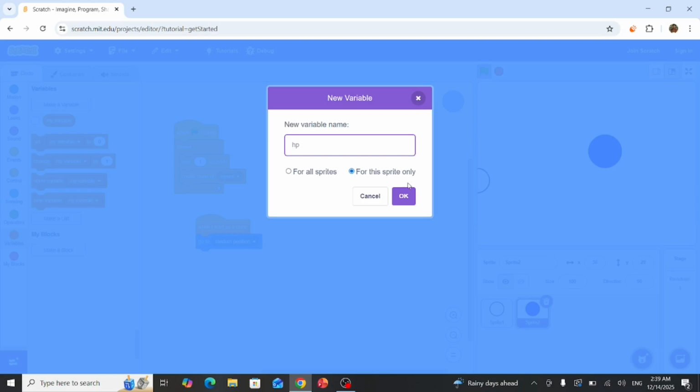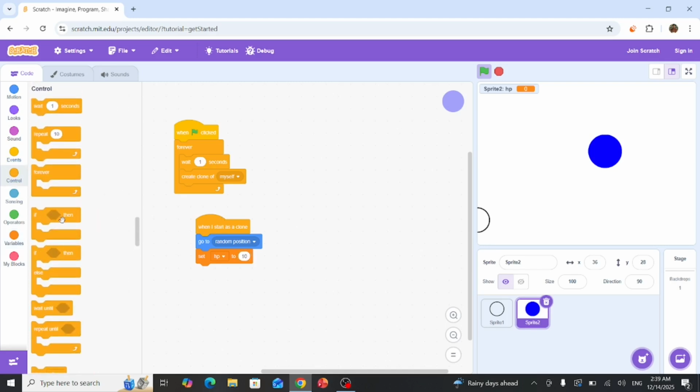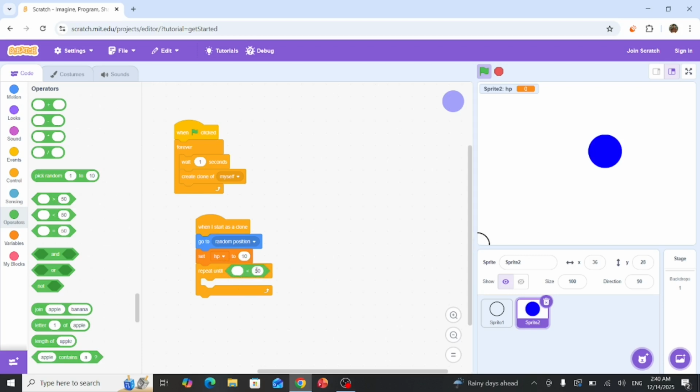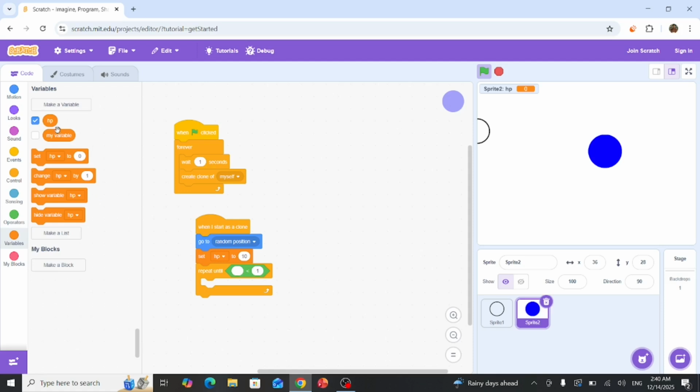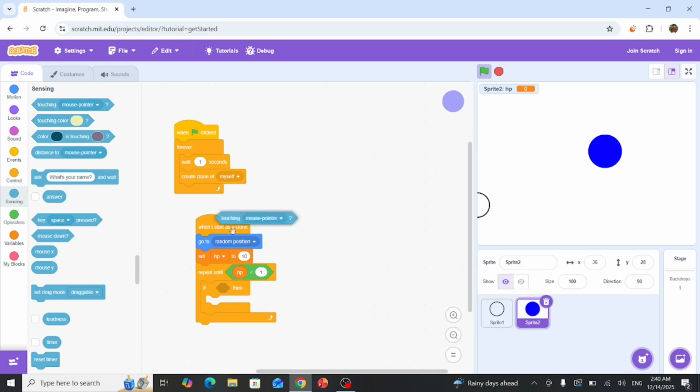I make a local variable called HP. Set HP to like 10. If then, repeat until HP is less than 1. If then touching sprite 1,